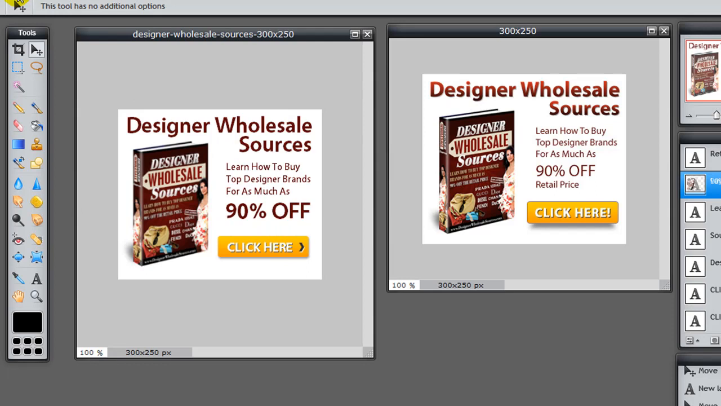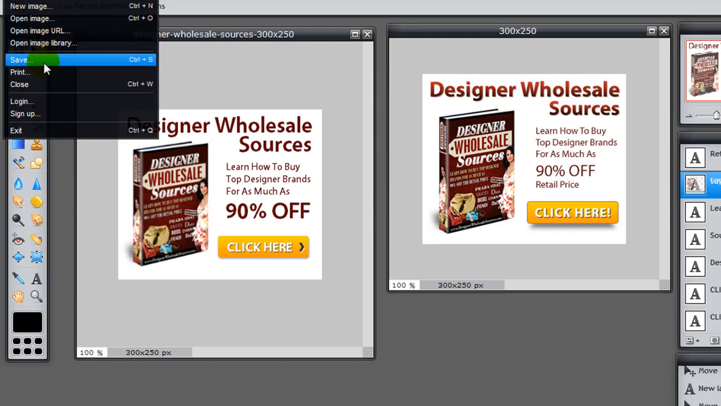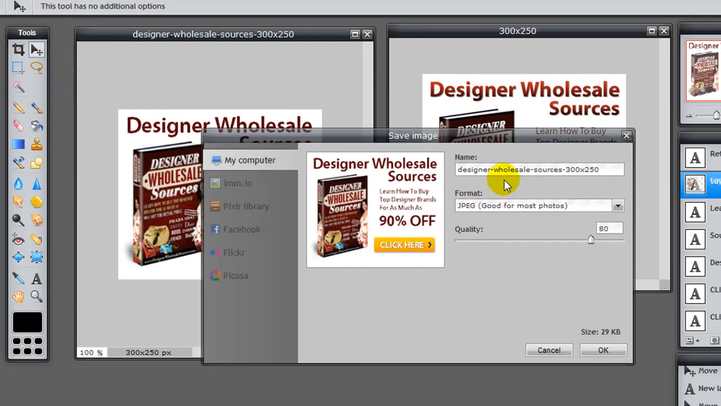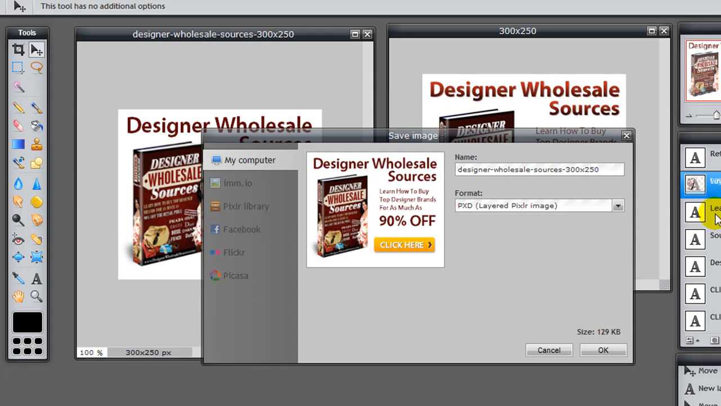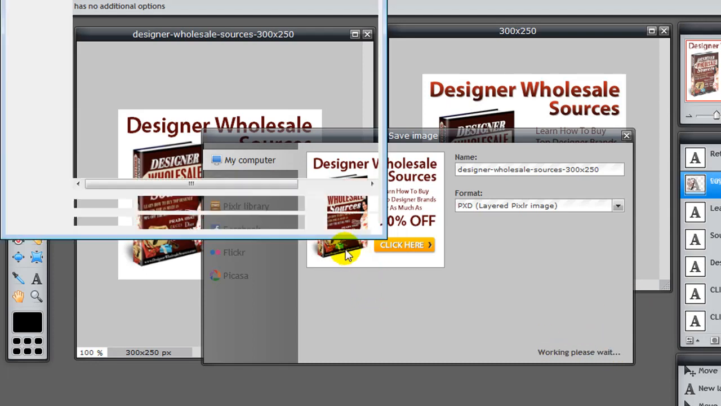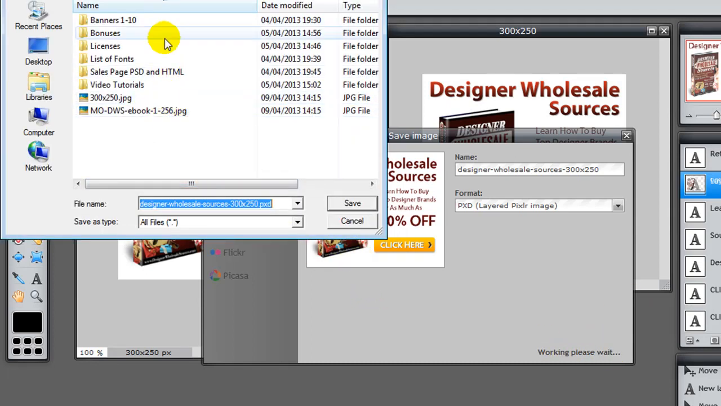So there are two things you should do now. One is when you click Control Save, I want you to go to PXD layer, because this way you'll be able to save the layered image. This is only for Pixlr. It's not for Photoshop or any of those. Then you click OK, and then somewhere in your collection, maybe create a new folder. It's up to you, but you've got this designer wholesale sources 300 by 250,